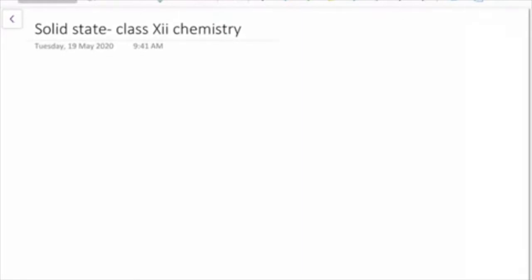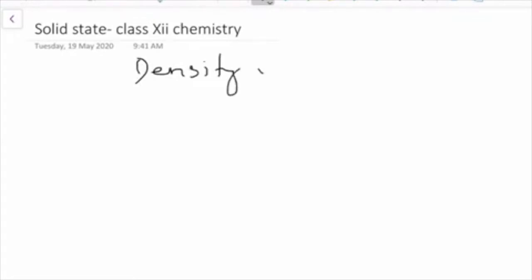So the topic is the density of the cell. When I say cell here, I mean the unit cell. Now how do I calculate density? You know that in lower classes you have learned that density is equal to